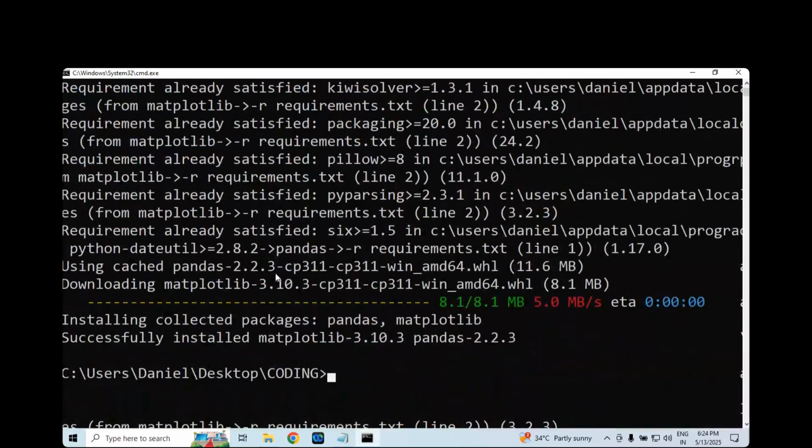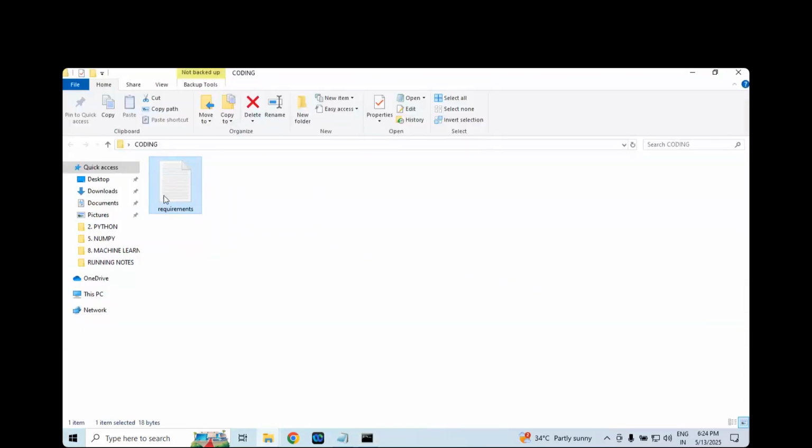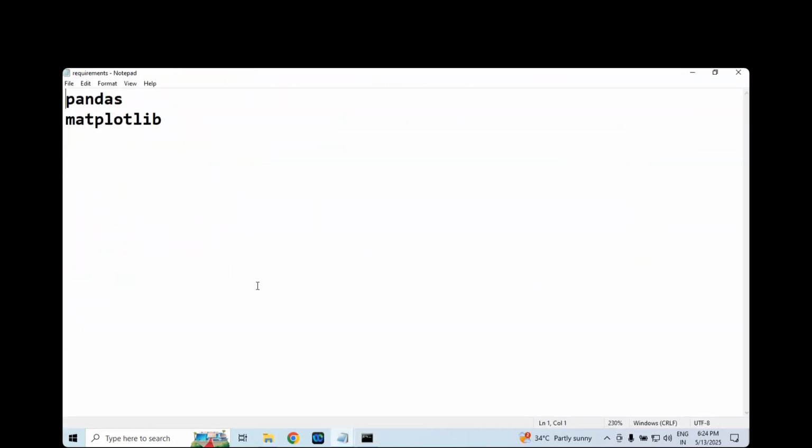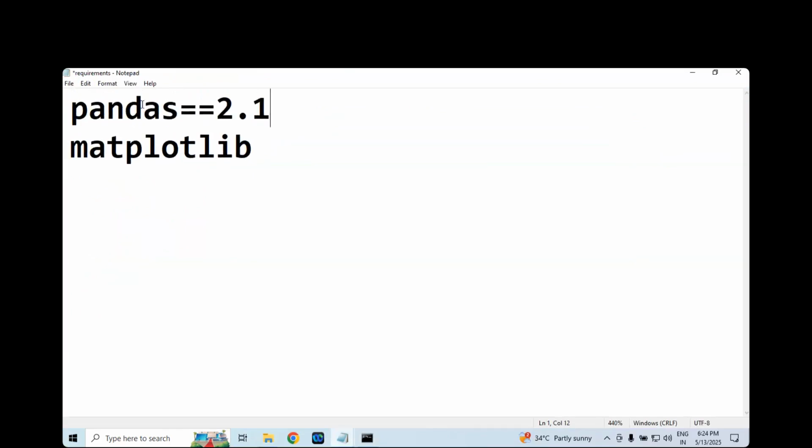Sir, can I tell you? Here, you can specify the version number also. Okay, the version number also can be specified like this actually. Possible. Are you with me or not, sir? If you wanted to install a specific library, sir, pandas or tandas actually? Pandas actually. It's not tandas, right? Yeah, good. So, tell me.